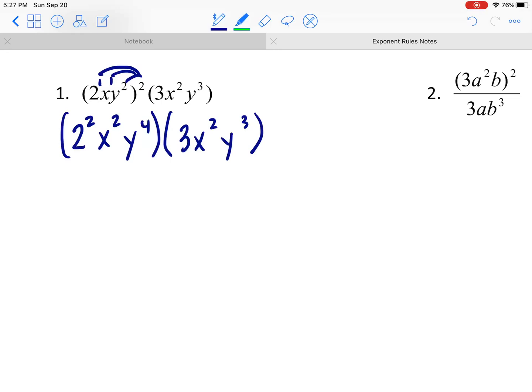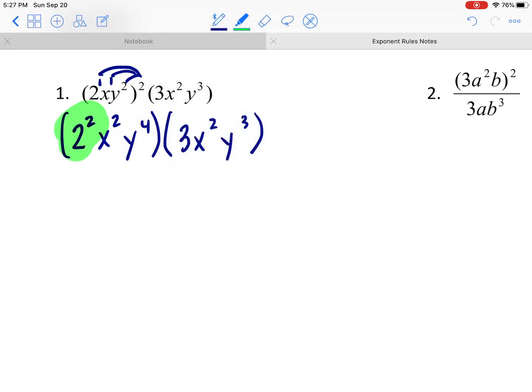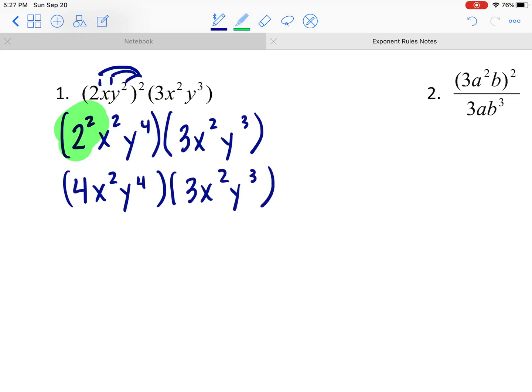Now before I actually apply the product rule, I want to fix that coefficient. 2 squared has a value, so I'm going to make that 2 squared a 4. So 4x squared y to the 4th is now going to be multiplied by 3x squared y to the 3rd. So we're multiplying our coefficients. The 4 times the 3 is going to give me a 12, and then we're going to add our exponents